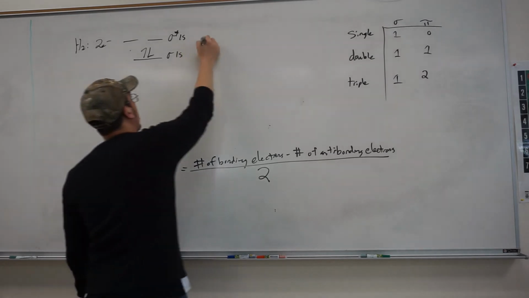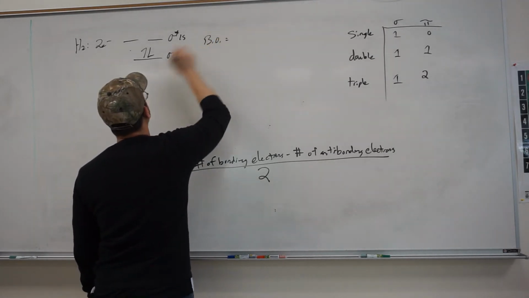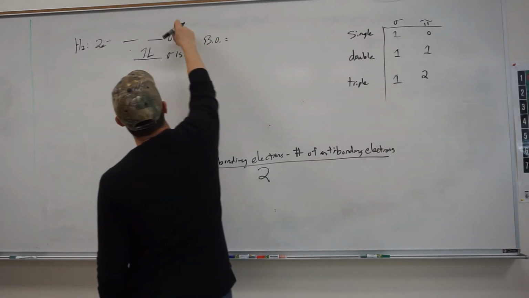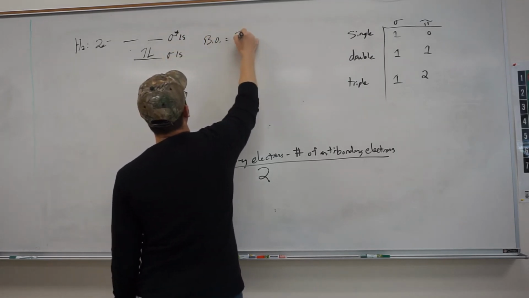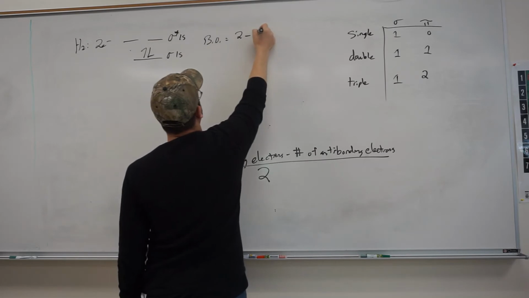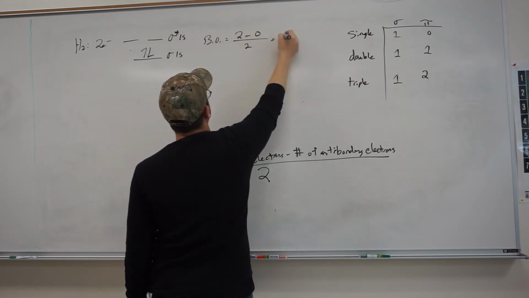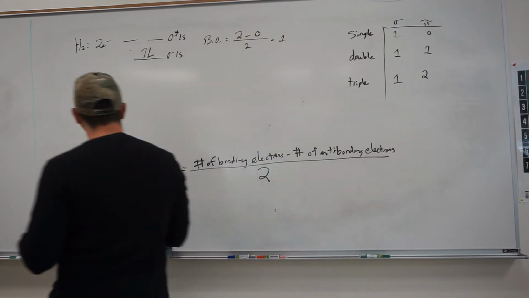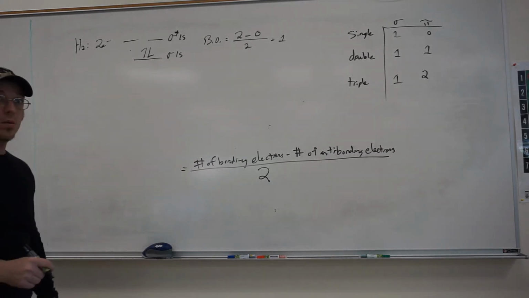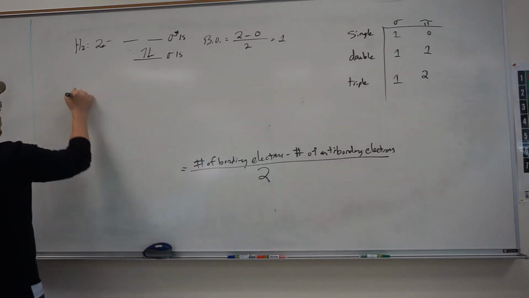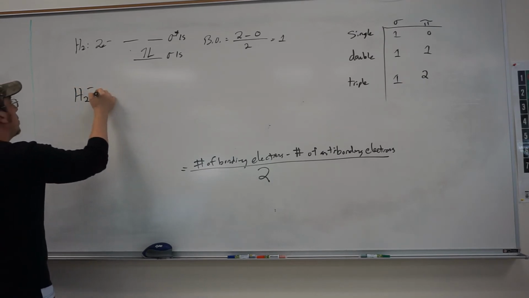Now, once we calculate the bond order here, remember this star up here represents anti, so this one is your bonding. So you have 2 minus 0 divided by 2, which gives me a bond order of 1. Now this is just an example for a neutral molecule of hydrogen. So if we take H2 with a minus 1,